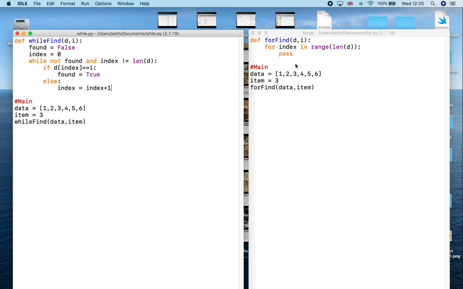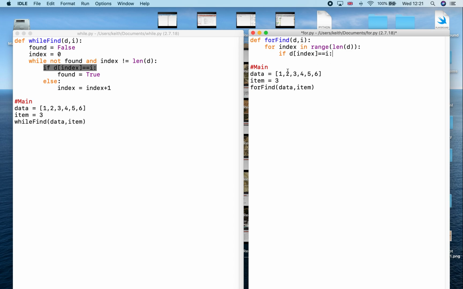Let's do the for loop. The for loop is not so big. We still need exactly the same comparison. So I'm just going to pinch it. I'm going to pinch that comparison to show you that we just need exactly the same comparison. So if we find our item at that particular index, in other words, if we have found it, then